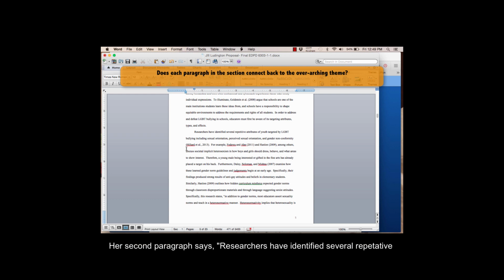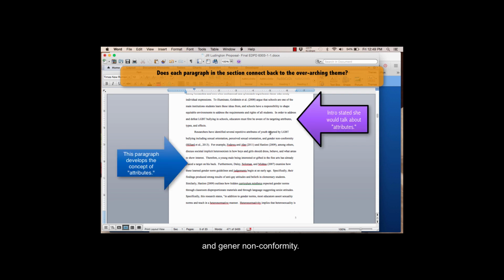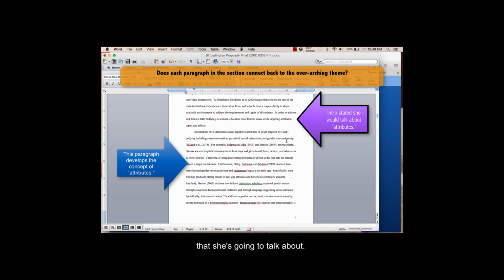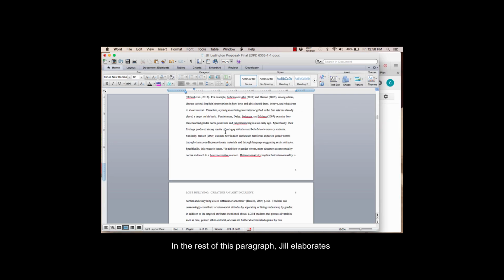Her second paragraph says, researchers have identified several repetitive attributes of youth targeted by LGBT bullying, including sexual orientation, perceived sexual orientation, and gender nonconformity. So right there, she has already told me she's going to talk about attributes, and these are the attributes that she's going to talk about.